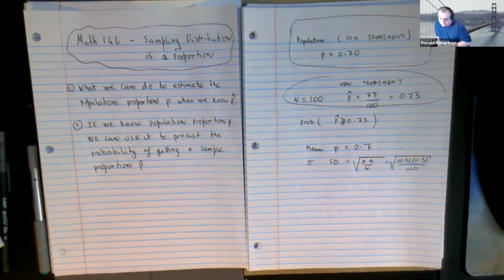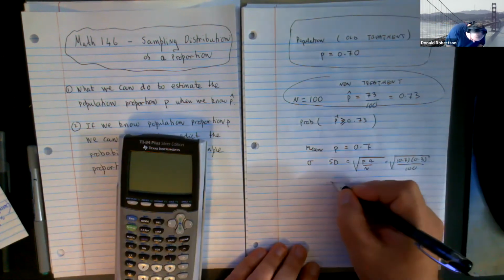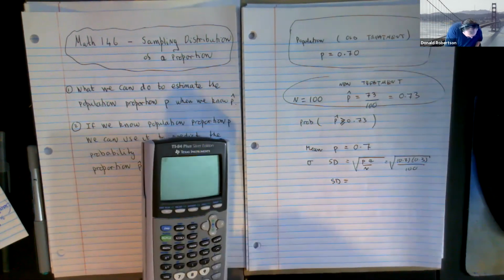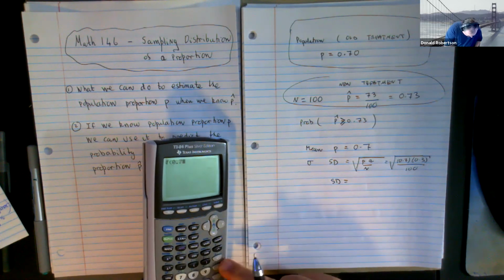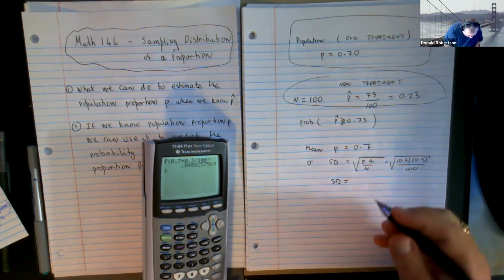Now I'm going to do this question twice, but let's just finish this one. The standard deviation then is the square root of 0.7 times 0.3 divided by 100. And the answer I get here is